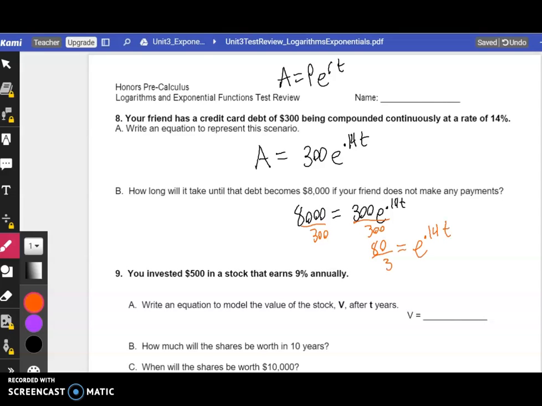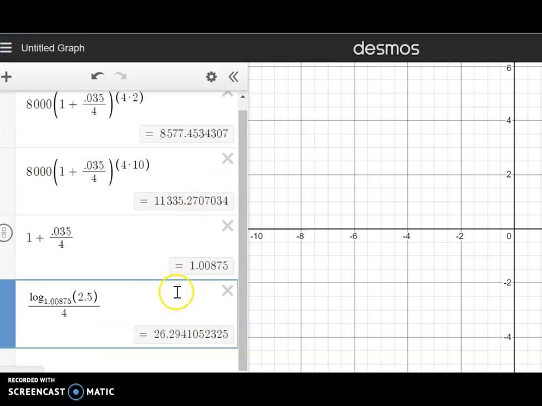I don't want to round anything. In the last problem, 2.5 was exact, so I didn't round it. But on this one, 80 over 3 is not exact, so I don't want to round. How do we undo exponential expressions base e? We use ln, so that cancels out. Going up here now, I have 0.14t equals the ln of 80 over 3. And so final step, I divide both sides by 0.14 to get my approximate solution. ln of 80 over 3 divided by 0.14